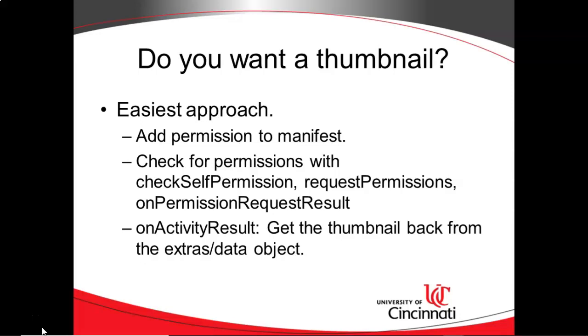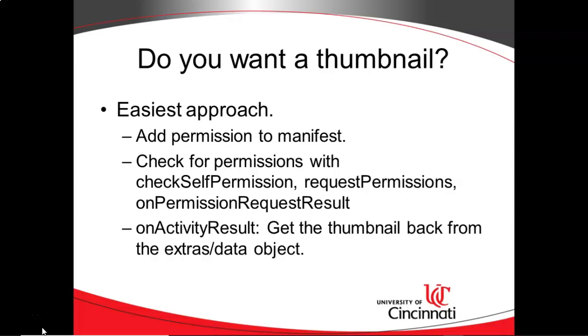What we need for that is to add a permission to the manifest and also say that we're going to use the camera feature. Then we need to check to see if the user has granted us permission to use the camera. The reason is the camera is considered a dangerous permission. It's something that a user wouldn't assume every app is going to do. User will probably assume every app is going to access the internet, so that's considered a not dangerous permission. But camera opens up some privacy concerns, so we have to explicitly prompt the user for permission to use the